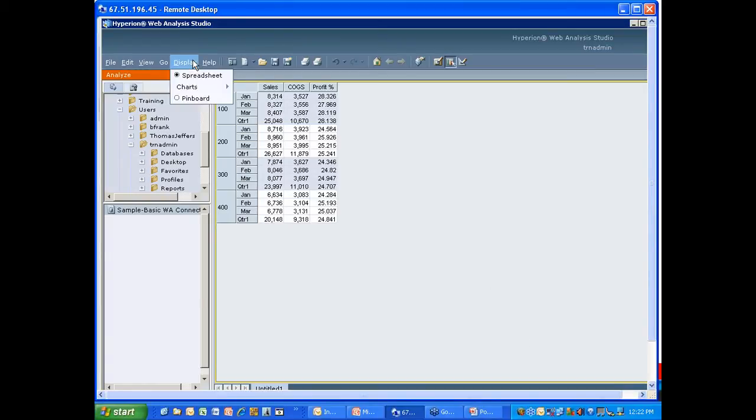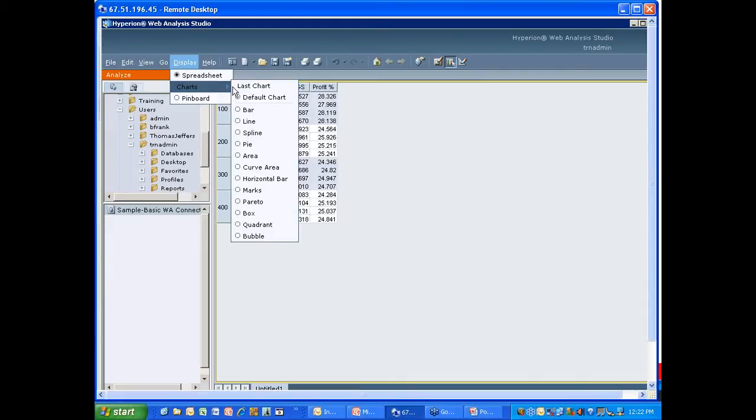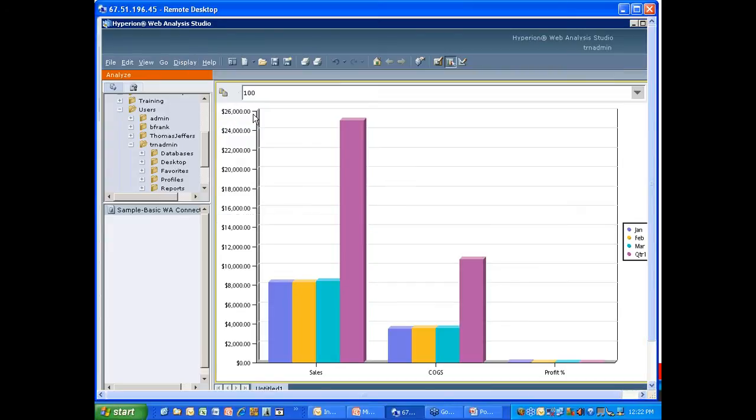Come back here, and now notice that the display menu item says spreadsheet right now. Spreadsheet is checked, but I can switch it to a chart. Any one of a number of charts. I'll make it simple and just select a bar chart here. And now you see that I have the same view of the data as before, except in a bar chart. But my outside row dimension, which was my products, has turned into my page members. So this is a chart of just the product 100 data for my sales, cost of goods sold, and my profit percentage for my various